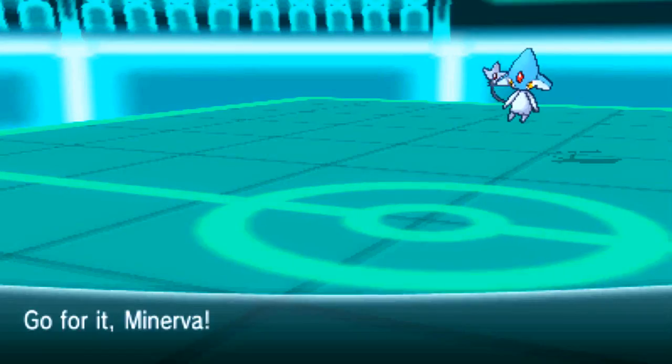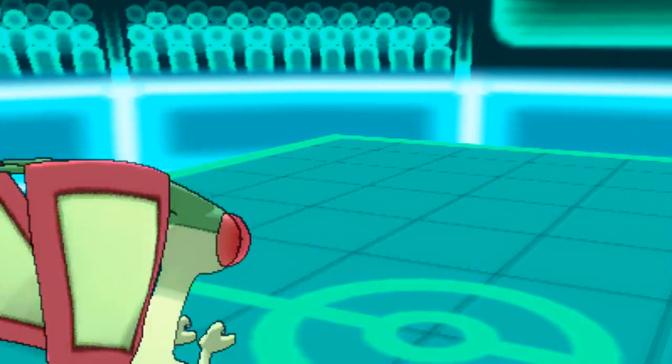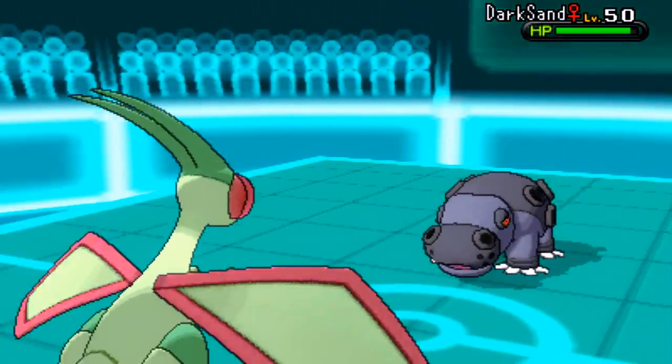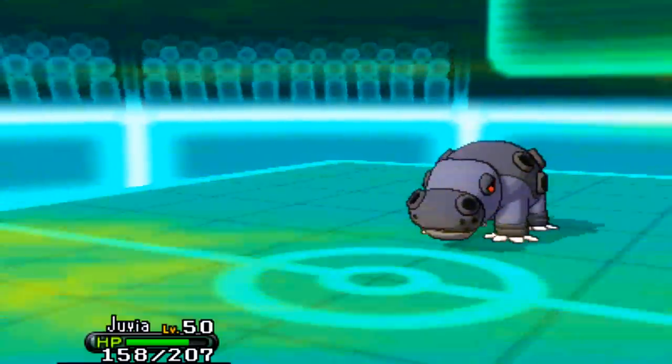But instead of going for the Explosion, he's gonna go for the Zen Headbutt, and now I can go into my Choice Scarf Flygon to revenge kill him, and if he switches out, I will be getting the switch initiative by going for the U-turn. So in comes his Hippowdon as I'm gonna go for the U-turn, and now I can go into my Suicune,